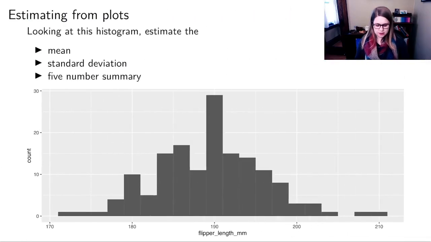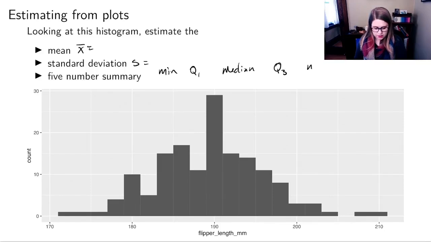And then the last thing that I'd like us to think about, again, is just estimating values from plots. So we might want to estimate the x bar, the standard deviation. We might want to do the 5-number summary. So that's the minimum, the Q1, the median, the Q3, and the maximum. And the measures of center for things that are bell-shaped like this are basically the same. So the mean and the median will be similar to one another if you have a bell-shaped distribution. So I would probably say that my estimate for the mean is 190 and my estimate for the median is